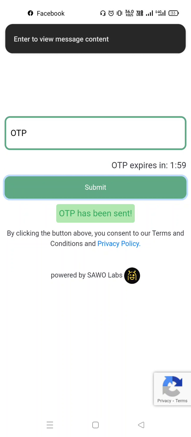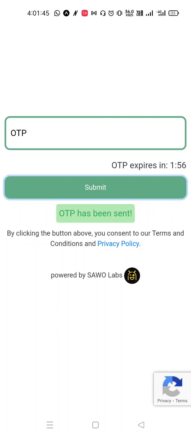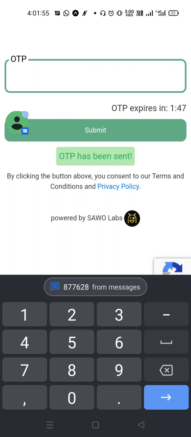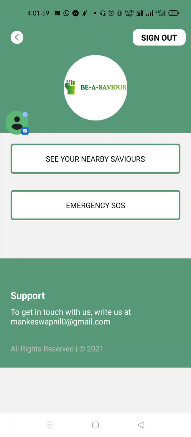Okay, so here you can see the timer of the OTP coming, and here the OTP comes, and now I will enter it. My keyboard auto detects it, and now I am logged in to the user home page. So after filling that OTP, we are logged in to the user home page.